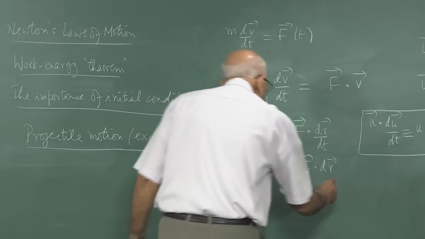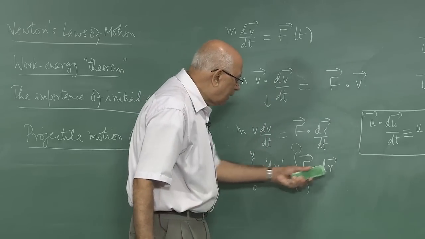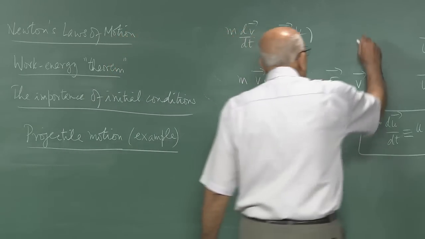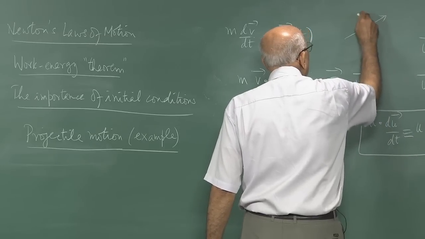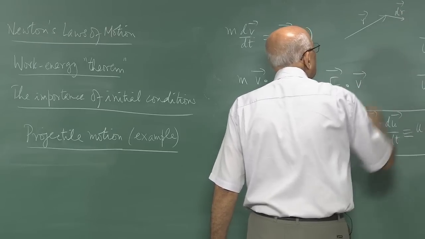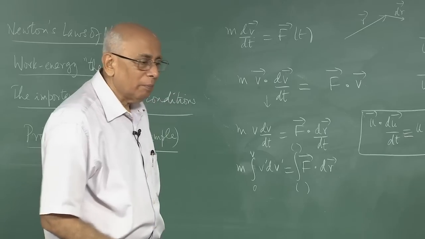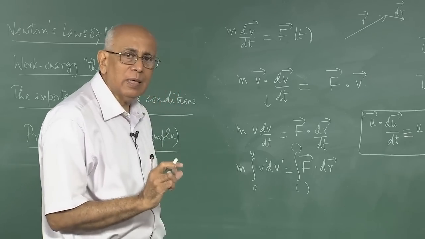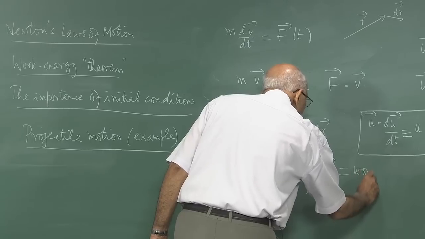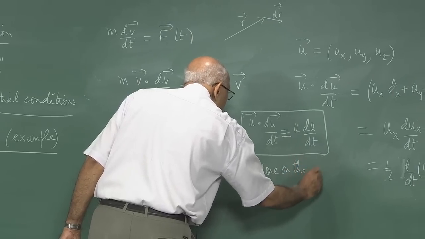But this right hand side, so there are limits placed here, but the right hand side f dot dr, we know that if at any instant of time the position vector of this particle is r and you apply a force on it and it causes a displacement dr, then f dot dr is the work done on this particle by the force in this infinitesimal displacement. So this is equal to work done on the particle, on the object,